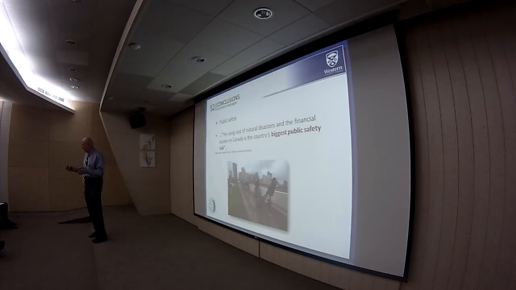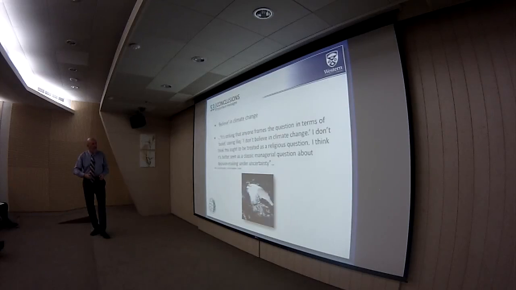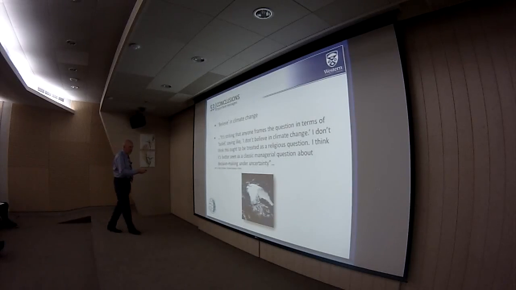Canada is a developed country, and you can realize what disaster events of this magnitude can do to countries with a lower economic capacity to deal with that. But for the first time, we're seeing now that natural disasters are coming very high on the agenda. Unfortunately, the same ministry didn't devote an equal proportion of the budget to dealing with natural disasters, but that's another story. The second message is related to climate change, and I'm quoting here Professor Black from Harvard Business